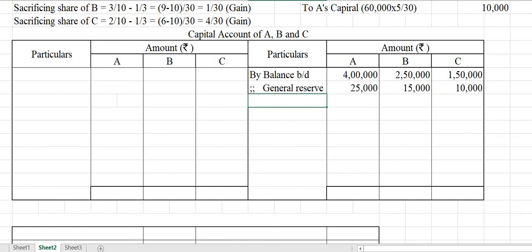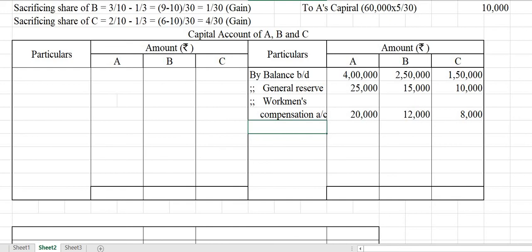Then next, workmen's compensation fund. We have been told that after transferring 30,000 rupees to the claim for workmen's compensation, the remaining can be shared among the partners. So how much is remaining? 40,000 is there. That 40,000 we will write here, 40,000 workmen's compensation account. So for A 20,000, B 12,000 and for C 8,000. Okay, then next,